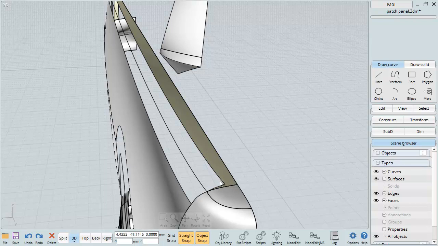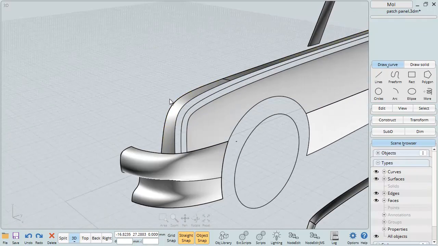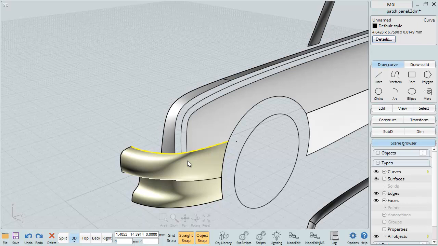Okay, so I want to show you two things. Let's start with the first thing. For the sake of doing this, I'm just going to delete that. I want to capture that little curve there. Control C, Control V for a copy and paste, right? And then I'm not sure what's up with that curve right there, so I'm just going to delete that,